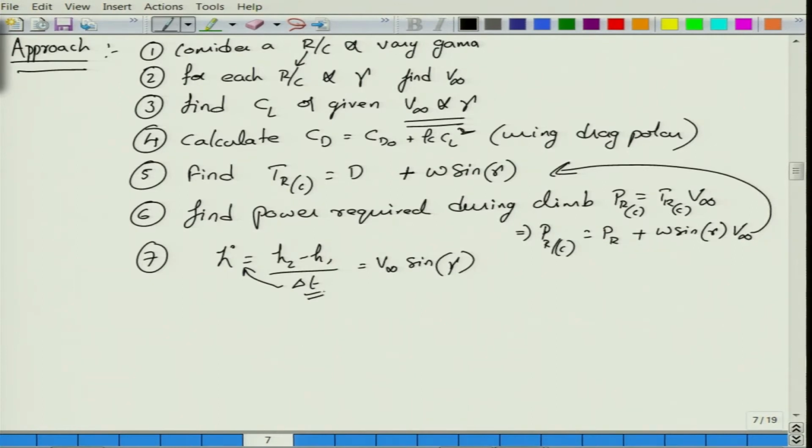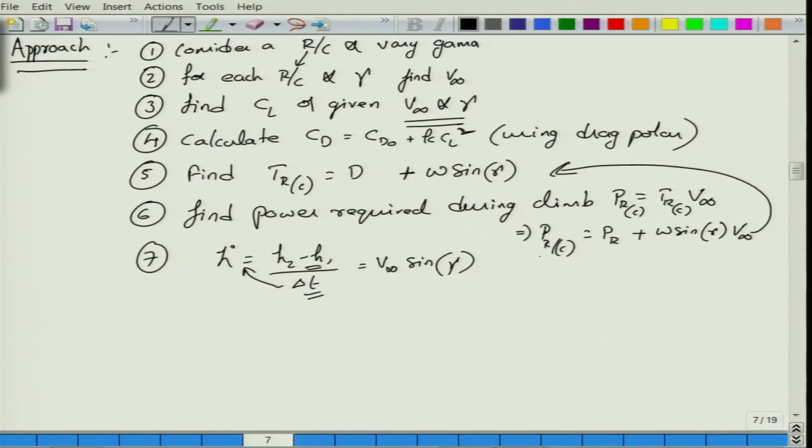So, within a particular time interval you will be able to find out the height that this aircraft achieved. Or, to climb a particular altitude, what should be the corresponding time required? That means h2 minus h1 is given, and you will be able to find out the corresponding time.